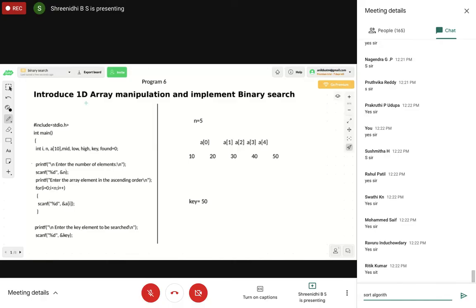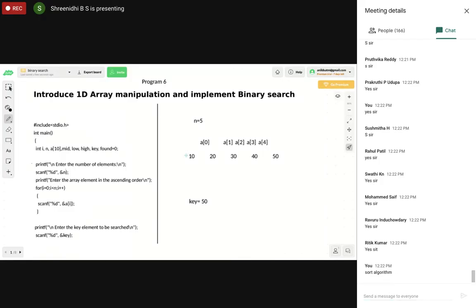So I think last time we have done. I'll be explaining if you have any doubts. See, the only condition when we are using bubble sort is always my input should be in ascending order only. Always it should be in ascending order, and the output should be in ascending order. So how many variables do I need? I need int i, then n for number of elements, array a, mid, low, high, key, and found equal to 0. This is my input: n is number of elements, a of 10, maximum 10 elements, mid, low and high.